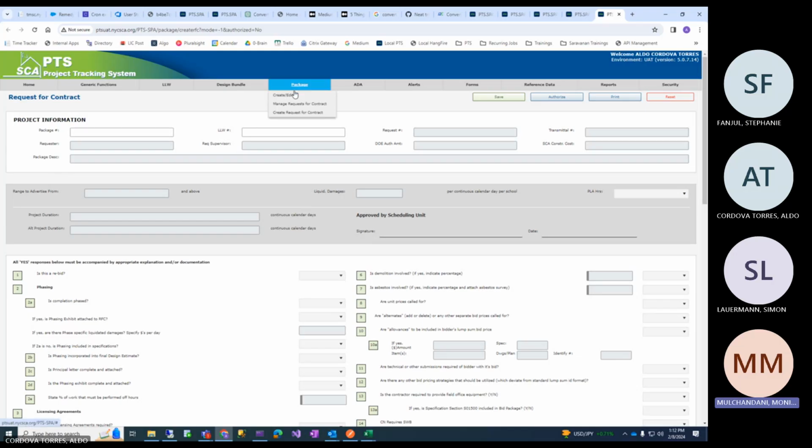So this is, as the name says, RFC, request for contract. This is based on a package. I don't have too much insight into this, but basically it's a form which is filled requesting the contract. This is all legal things that have to be filled up.